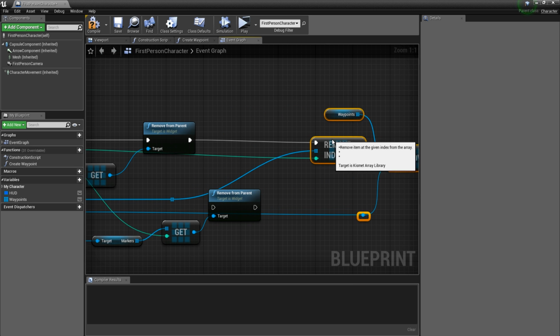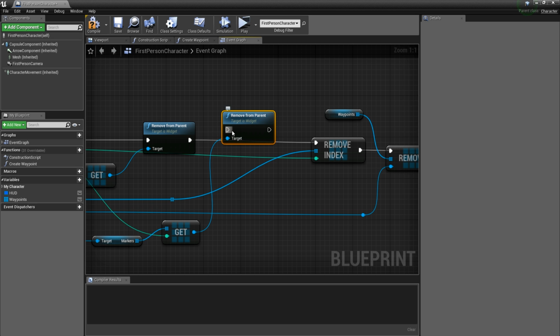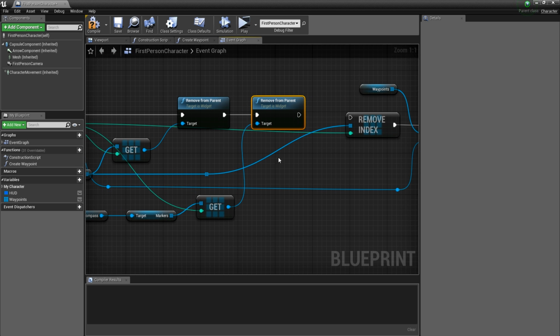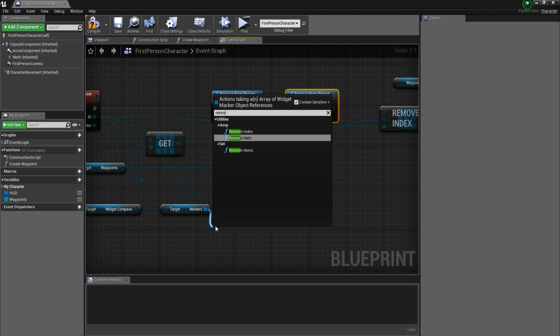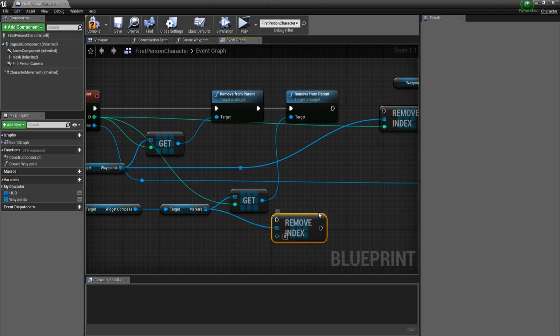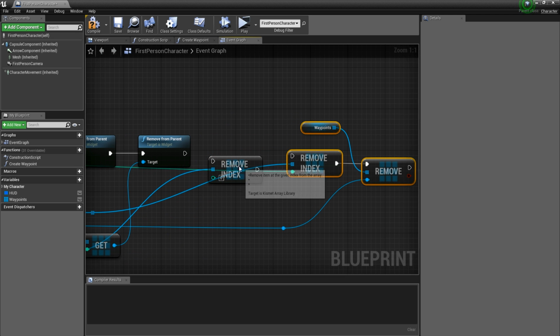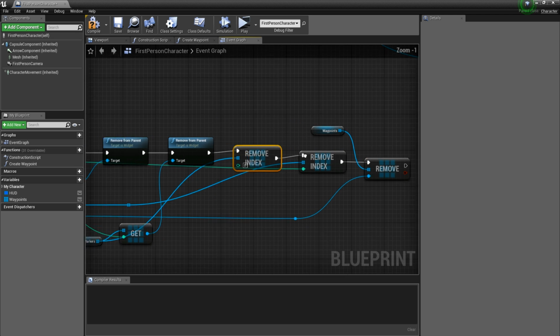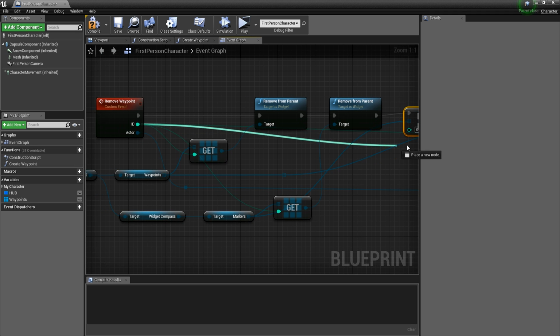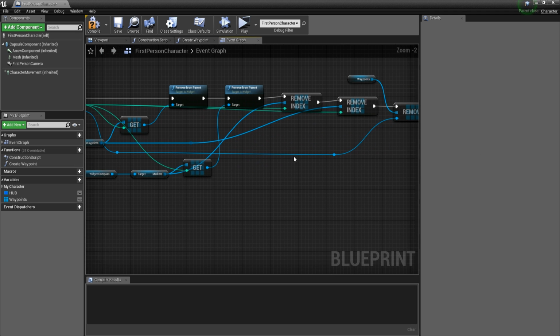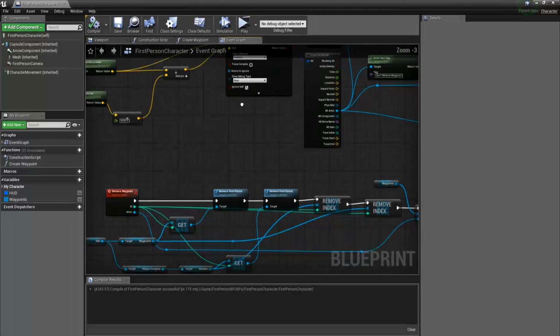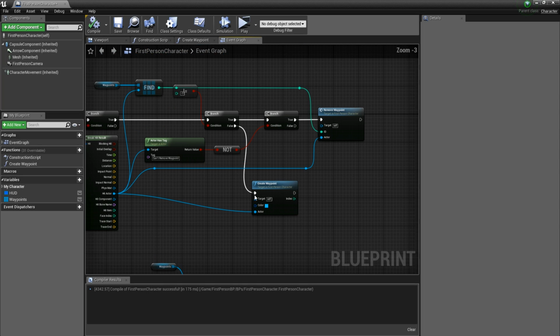All right, and plug this in here, and then we are going to remove index. So remove index, and this is an example of a very messy blueprint. Okay, and in the index the ID. Okay, hopefully it's readable. Let's compile, and now we will have to see how we are going to create the